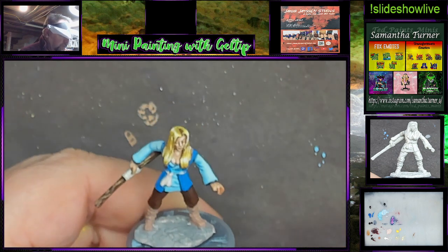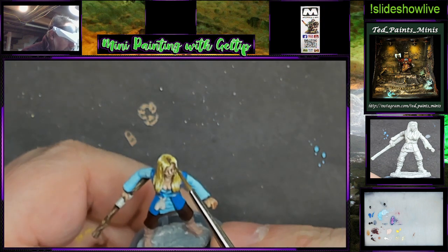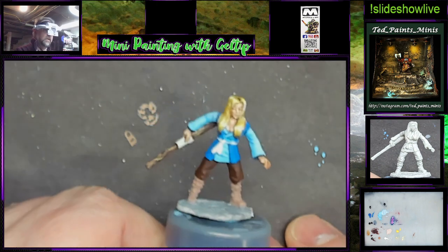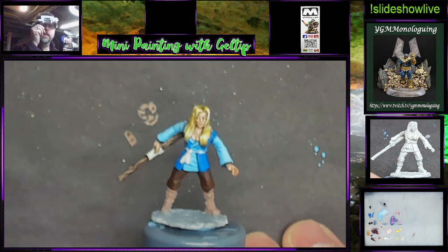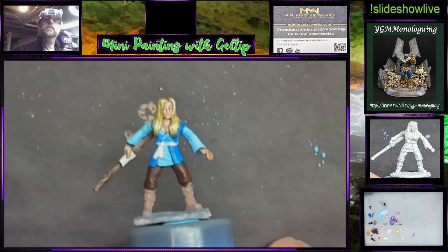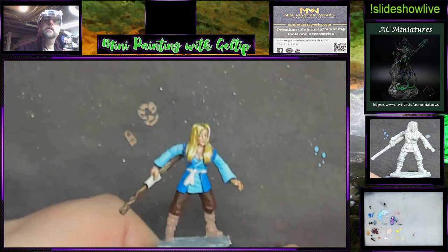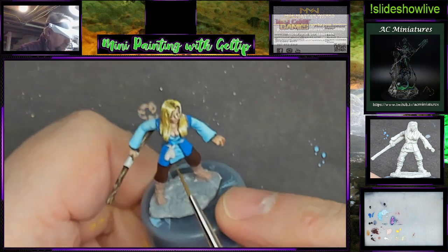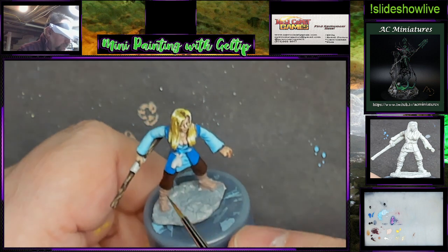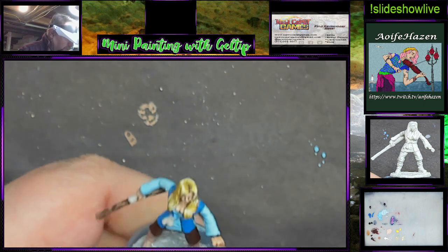All right. So I think I can get a darker color into that area, but for right now, we're just going to leave it there. So this is where we're at with the top part. So now I want to just start going in and adding some highlight to the pants. I have to figure out what I'm going to do with these